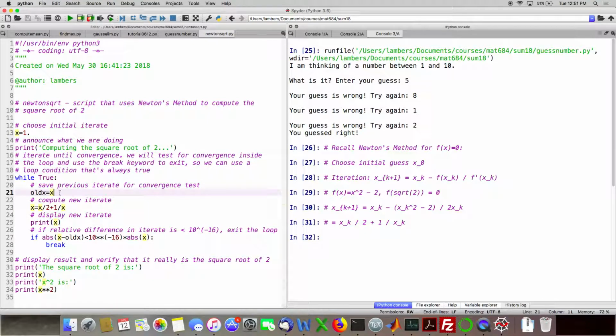Okay, so what I do is I save the previous iterate. Now here I'm not doing any copy stuff, because in this code I'm not dealing with arrays at all. Copying and so forth is only needed for array variables, not scalars like what I have here. So now this is the Newton's method formula that I showed over here. So this will compute the next iterate. I'll print it out so we can see the progress towards convergence to the square root of 2, and then